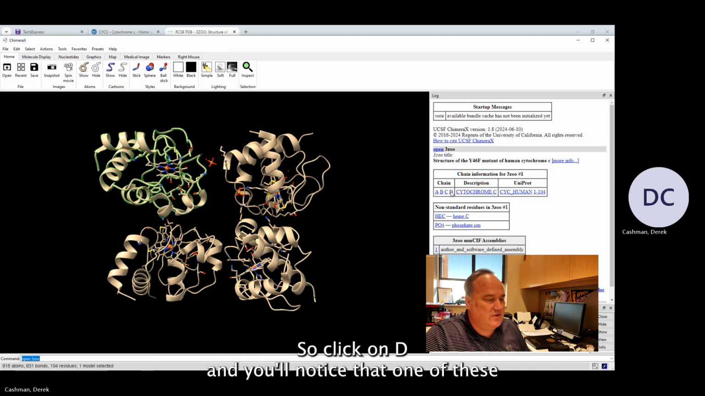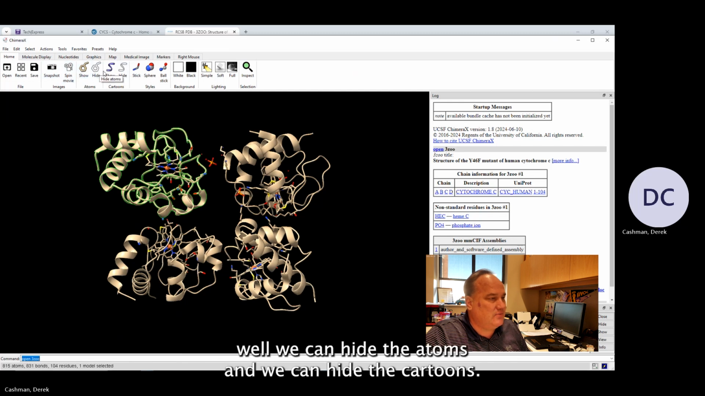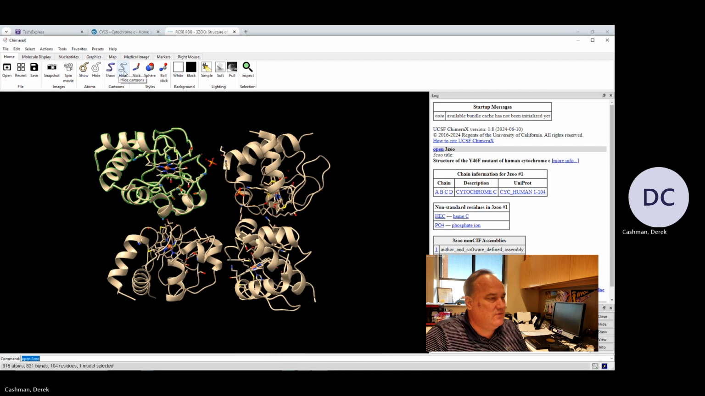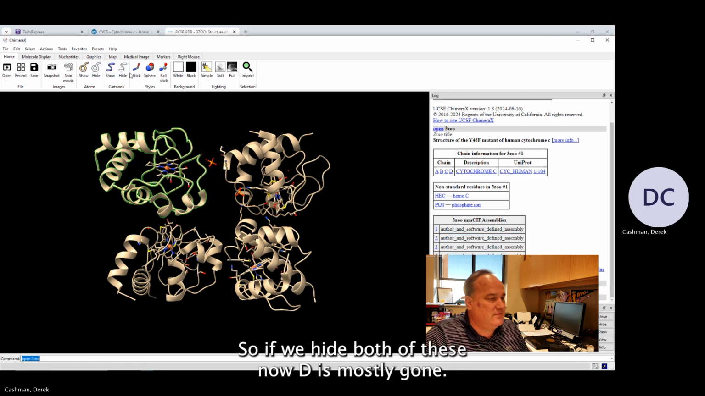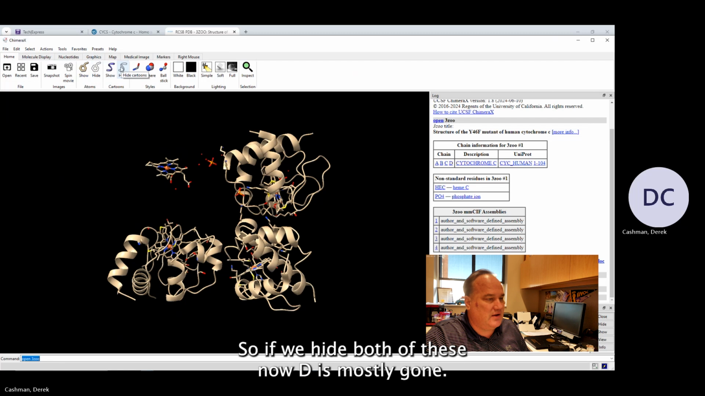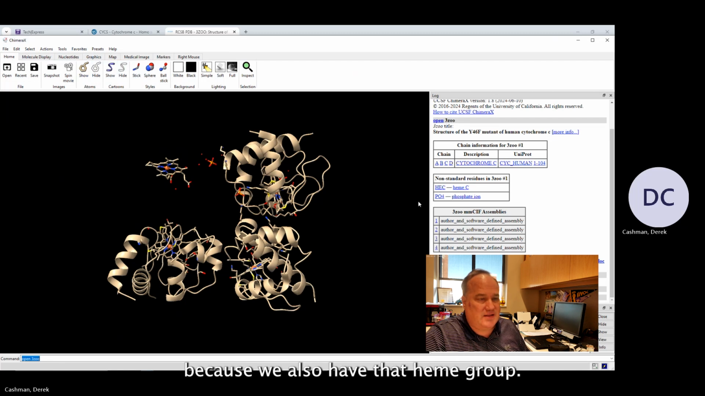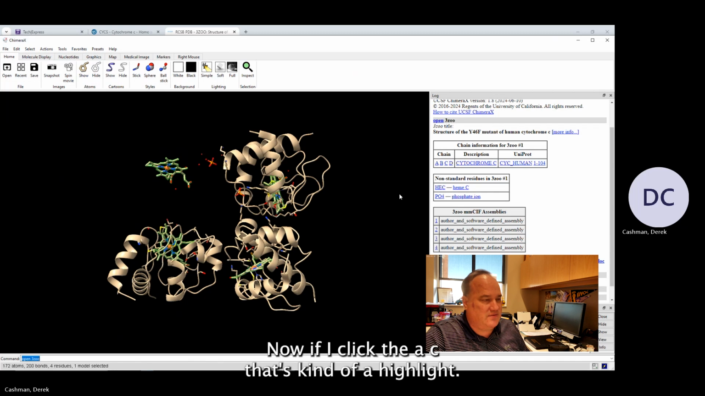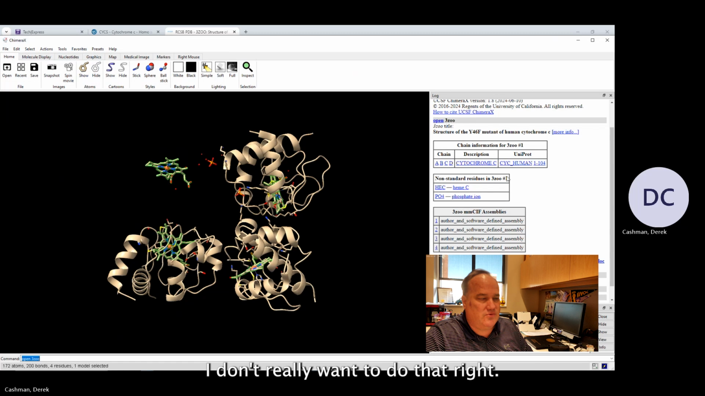So click on D and you'll notice that one of these just highlighted with a green outline, and then up here under hide, we can hide the atoms and we can hide the cartoons. So if we hide both of these, now D is mostly gone. It's not completely gone because we also have that heme group. Now if I click the HEC, that's going to highlight all 4 heme groups on here. I don't really want to do that, right? I just want to get rid of